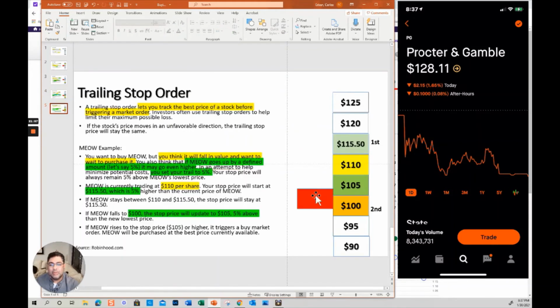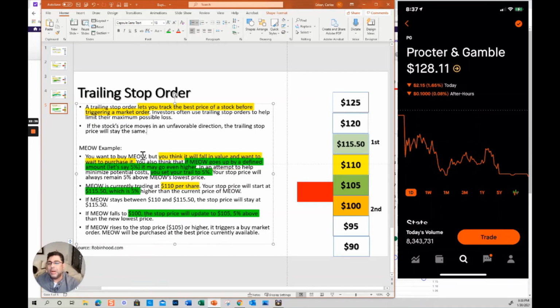The last example, which is the one I want to try, and you'll see in a moment why. A trailing stop order lets you track the best price of a stock, triggering a market order. Investors usually use a trailing stop order to help limit the maximum possible loss. If the stock price moves in an unfavorable direction, the trailing price will stay the same. Now, let's look at the example, because again, the explanation is a little bit